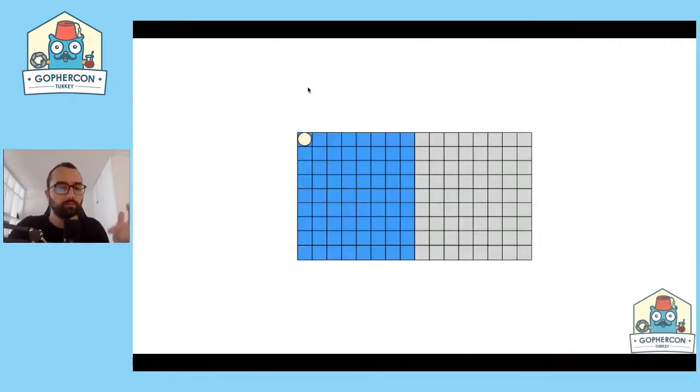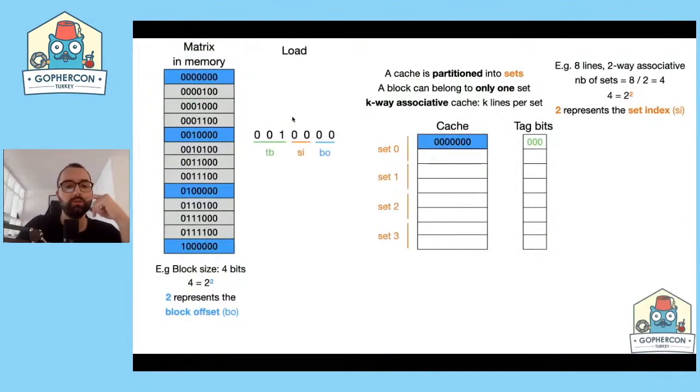So what have we done in our matrix? Let's come back to our matrix. What we have done is we are here, right? And we say, I'm going to load the first address. So we are going to fetch a cache line. And now once we iterate over it, everything is already part of a cache line. So we should have just cache hits. And now we are going to jump to the next row, right? So what we're going to do now is load this address